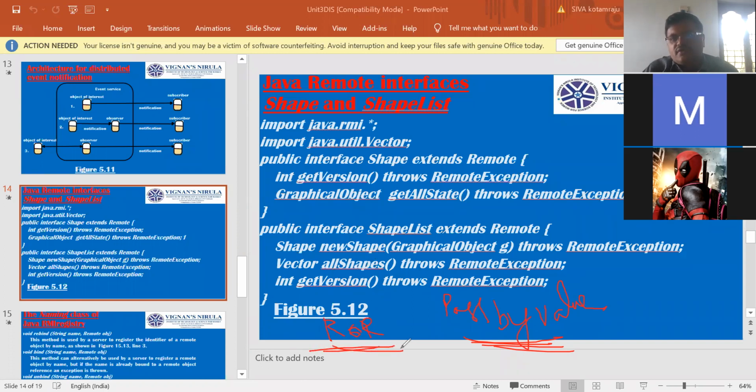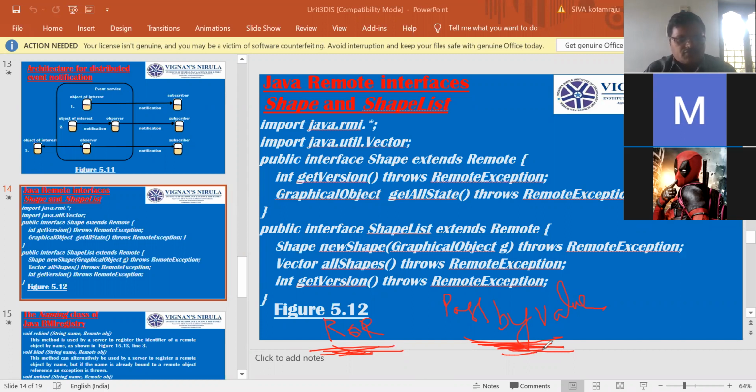How do we pass non-remote objects? Pass by value. There are two ways of passing: one is through ROR, or by pass by value. What is ROR? Remote object reference. Pass by value you all know. Normal objects are passed by value, whereas remote objects are passed by remote object reference.